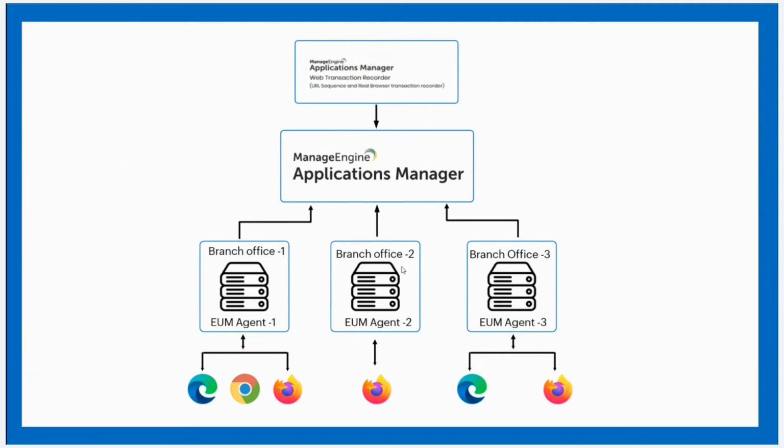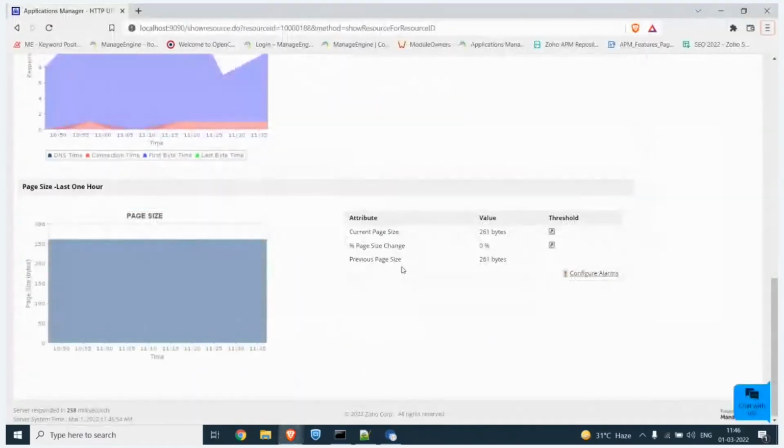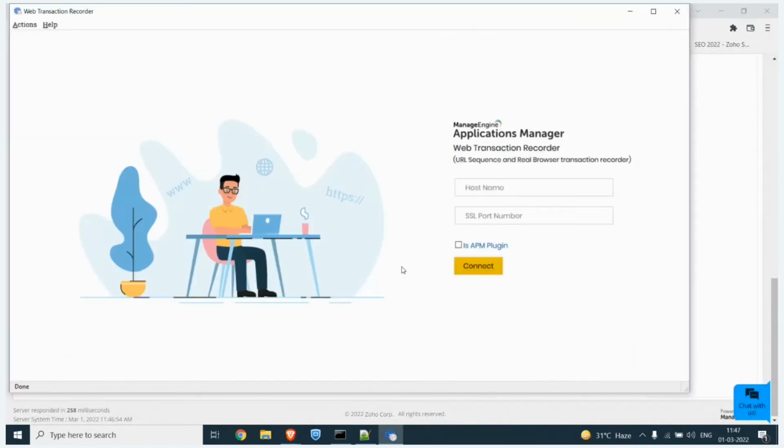So like I said, you should have installed the recording tool and EUM agents in your system. So this is how the web transaction recorder UI will look. You will need to enter the host name and the SSL port number.